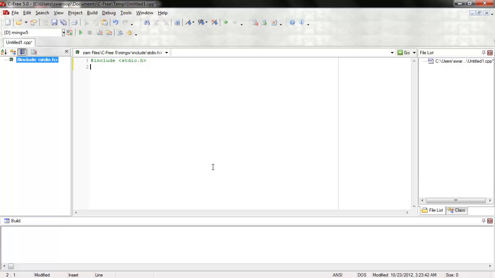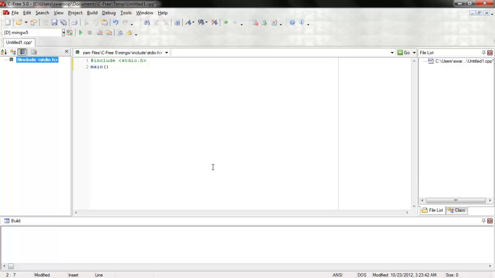Every C program basically contains a function called main, an open curly bracket and a closed bracket. Main, as the name itself suggests, is very important, and the compiler looks for the main and starts executing the program from the main. So if it doesn't find a main, it's not going to run and it will throw you an error. So you have to include main. Within the brackets we'll leave it empty for now, and what it does I'll go over later on.